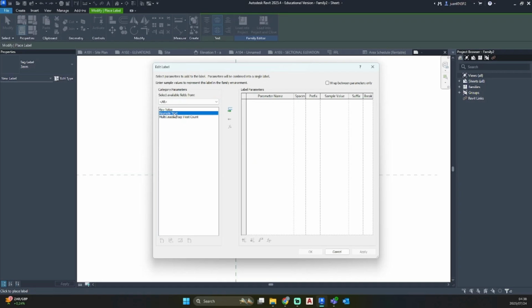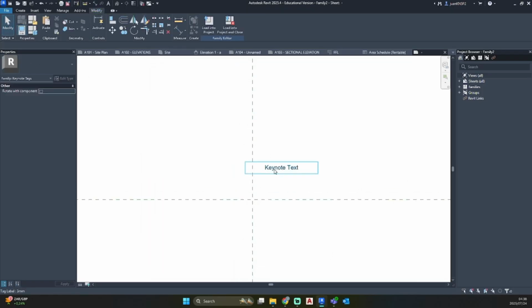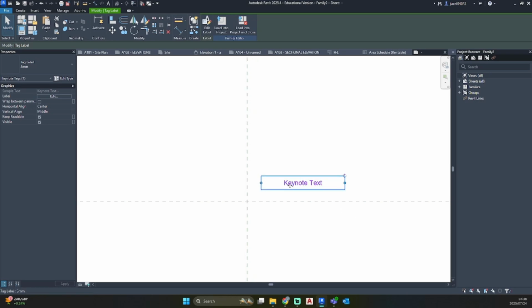Go ahead and click on keynote text and hit the green add parameter. And we can go apply and OK. And here is our keynote. So we want to justify this to the left and create another keynote that's justified to the right.